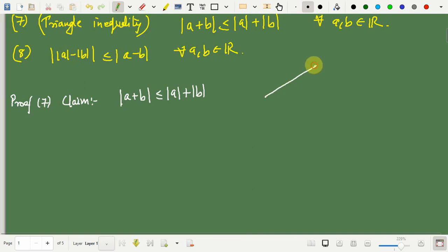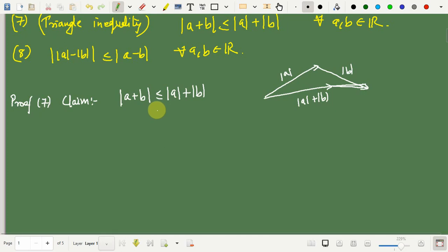So, suppose we have this as the vector a, so its length is denoted by mod of a, and suppose this is mod of b, then this is the third side of the triangle which connects exactly to this, and the sum of these two is always greater than or equal to the third side, and that is why we have this result, which we will be proving using simply the definition of